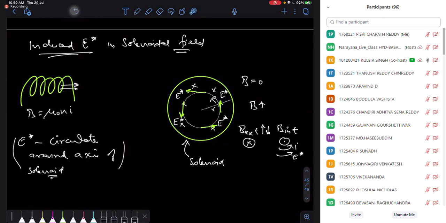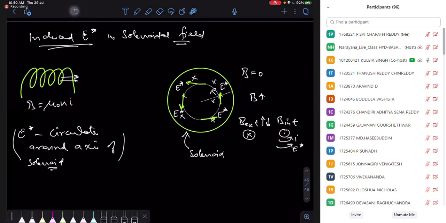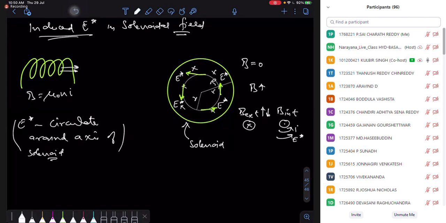Can't prove. It is tangential, right? So keeping this one, okay? Now let's say inside, I'm taking here any loop with a radius r. So my field lines are going to be tangential here. Now, one thing which is special about this induced electric field, and I'm sure you have missed the point, is